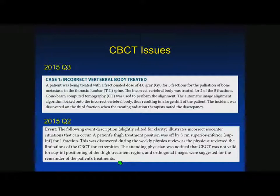recommendation was, the bone looks all the same. How are you going to know where you're going to line up? Maybe cone beam CT isn't the best tool for doing this kind of treatment. Maybe KV-KV matching, where you can see